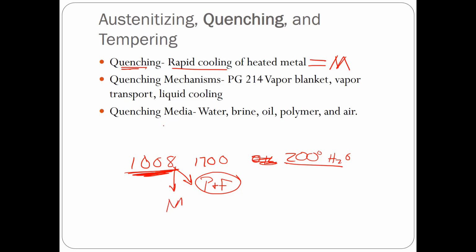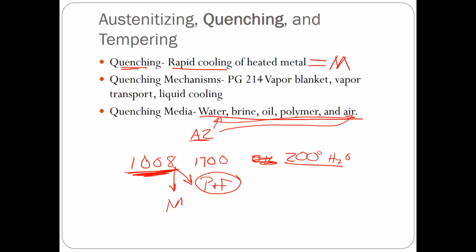Nothing on quench mechanisms. Oh, quench mediums. Why do we use the different quench mediums? It's all about critical cooling rate, right? We just talked about thermal shock. I could take my A2, which is an air quench material, I could dip that in water, and I'm going to get martensite. There's no doubt about it, I'm going to get martensite. But I'm going to cause too much stress, and I could induce cracking, which I don't want. So we want to cool it as slow as possible to reduce stress, reduce cracking, and I am going to choose one of these